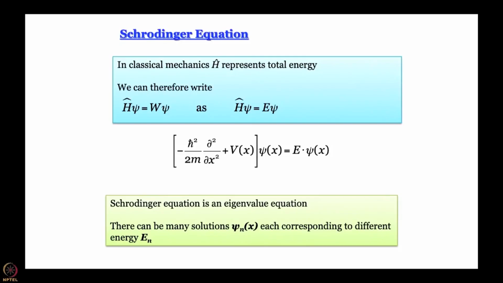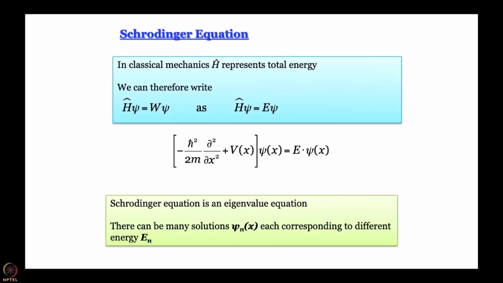It is called an eigenvalue equation. What is the meaning of eigenvalue equation? Eigen in German means one, you can think unique. So, an eigenvalue equation is such that an operator operates on a function to give us back the same function multiplied by a constant. In this situation, this function is called an eigenfunction of the operator in question, and this multiplier that we get is called the eigenvalue.